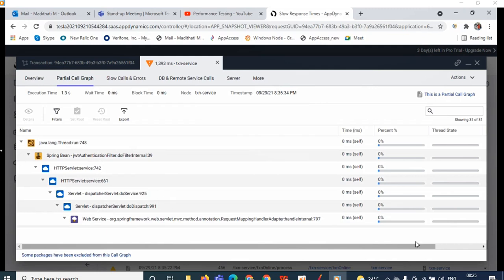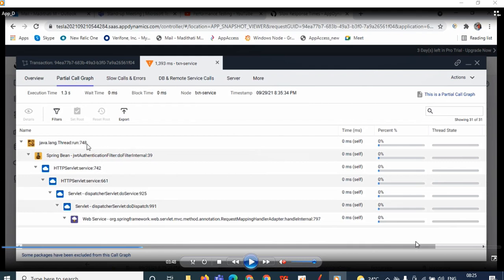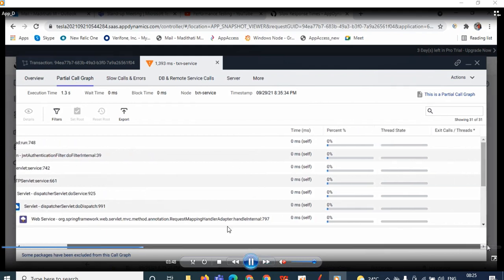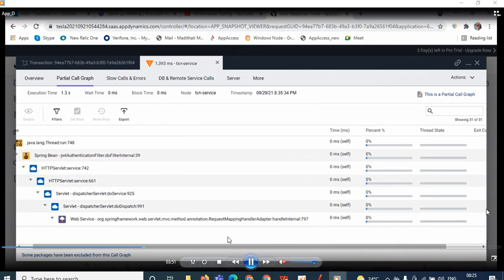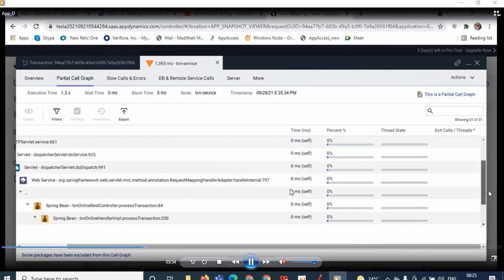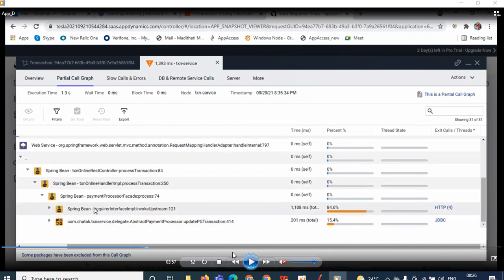Okay, so where you can see that code details and all, you can see in the call graph. So in the call graph we can find out which method, which classes have been executed. Okay, you just drag and see here ఎందుకు స్లోగా ఎగ్జిక్యూట్ అయింది, ఏ మెథడ్ ఎక్కువ టైం తీసుకునింది, సో దట్ యూ కెన్ ఐడెంటిఫై ఫ్రమ్ హియర్. సో ఫ్రమ్ ద కాల్ గ్రాఫ్ వీ కెన్ ఐడెంటిఫై సో విచ్ మెథడ్ ఈస్ టేకెన్